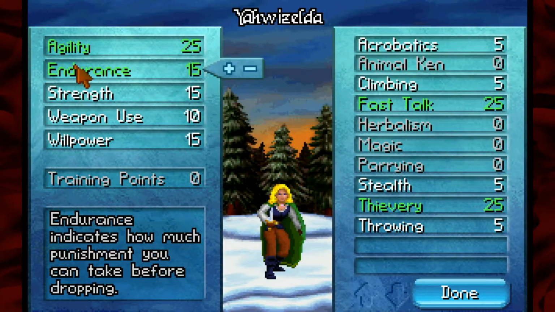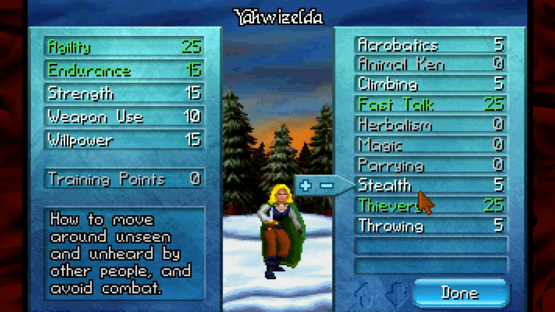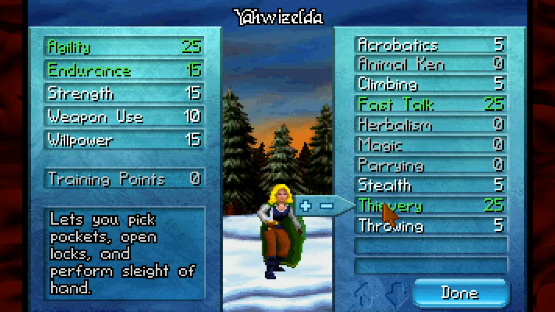Okay, so I have upped agility, endurance, fast talk, and thievery. Fast talk and thievery both by quite a bit. I didn't up stealth, throwing, or acrobatics, or climbing, only because in the real Quest for Glory games, it's very, very easy to practice those. It's more difficult to practice thievery, and thievery, in fact, isn't even a stat in the original games, I think. Anyway, you don't get a lot of opportunities to practice stealing, so...